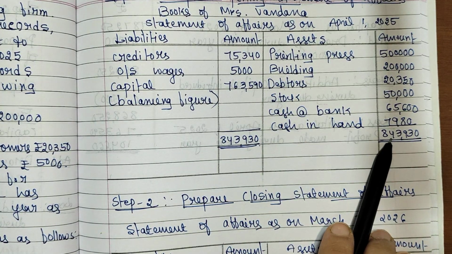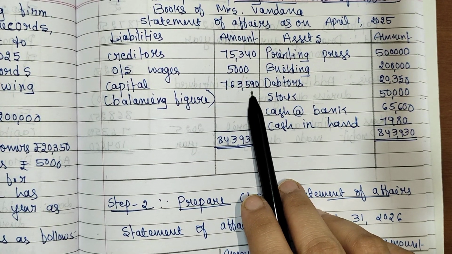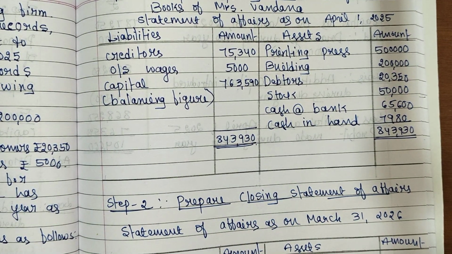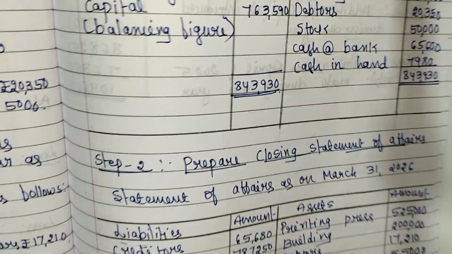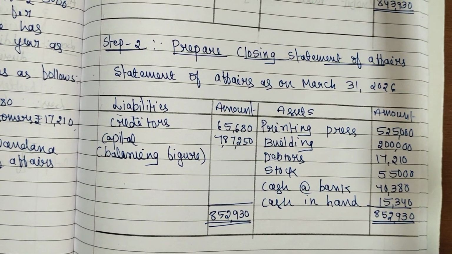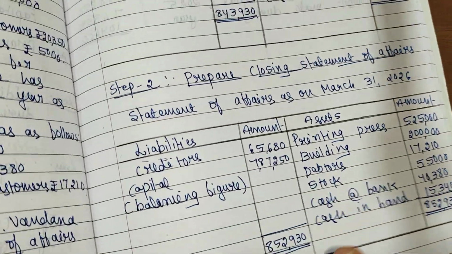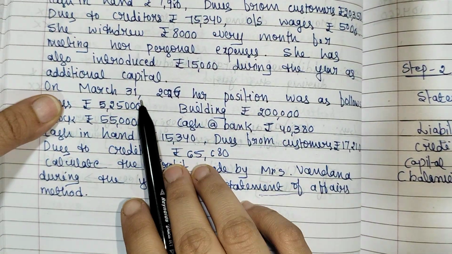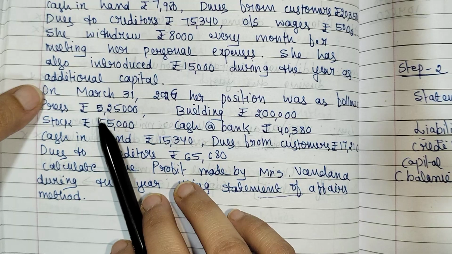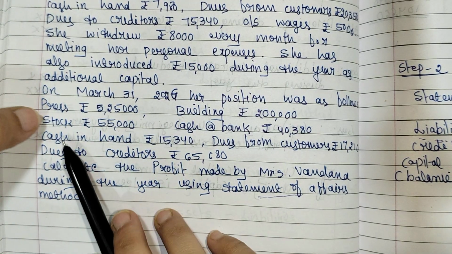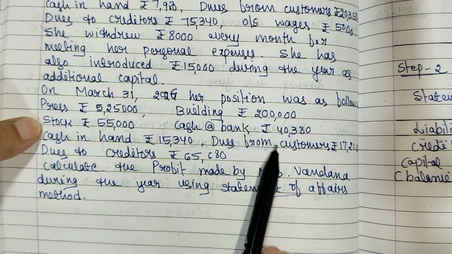Deduct these two amounts from 8,43,930. So we will get 7,63,590. That is our opening capital, the balancing figure. So step 1 is over. Now what is the second step? We need to find out the closing statement of affairs, meaning we need to find out the closing capital. So the information given here, see here, on March 31st, 2026, her position was as follows. Write down in the asset side, press, building, stock, cash at bank 4380, cash in hand 15,340, dues from the